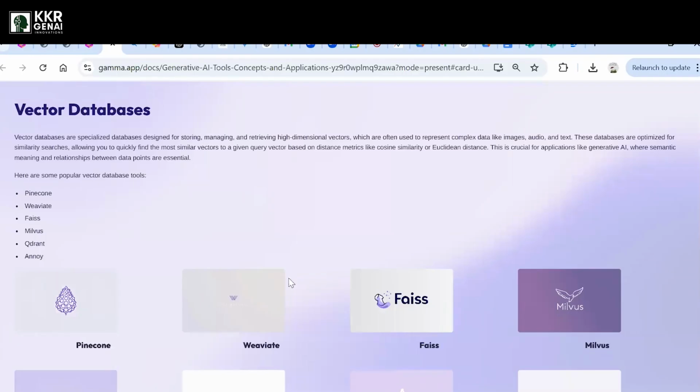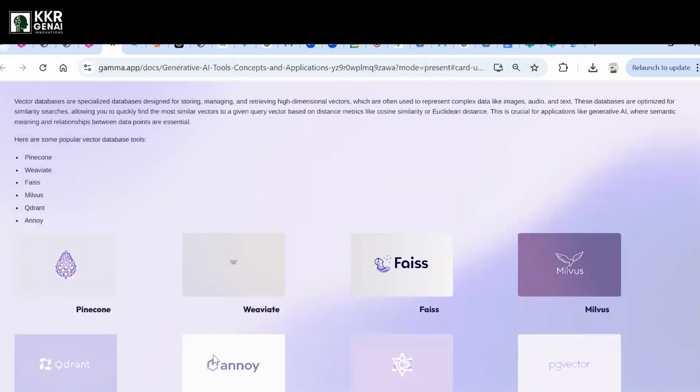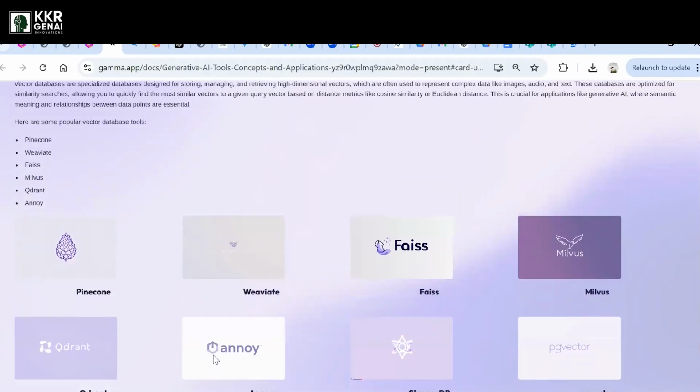For example, Pinecone is one vector database, FAISS is one, and also PG Vector, ChromaDB, Milvus, and Qdrant. These are the popular vector databases that industries use.